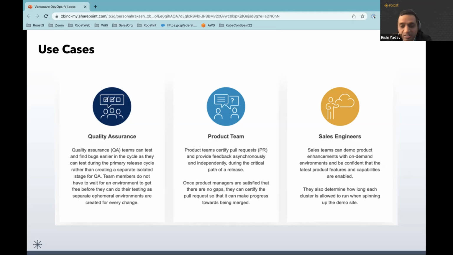That's a separate case in which a lot of companies need their demos done in real time, and the sales engineers struggle with how to make not only the demo available fast, but also have the latest feature available in the demo. So those were a few more quick tidbits about the value proposition of Boost.